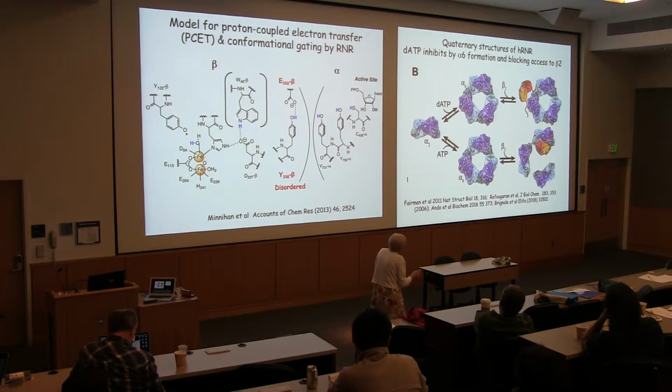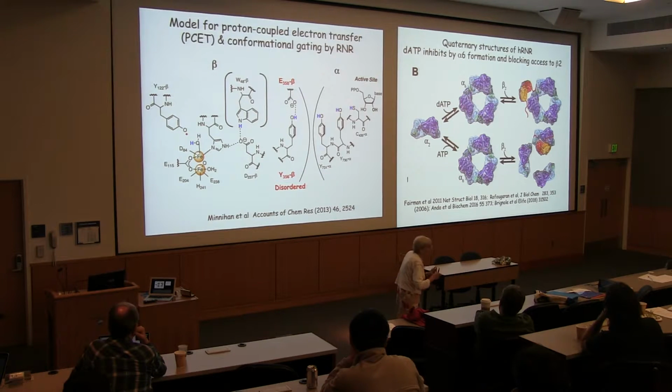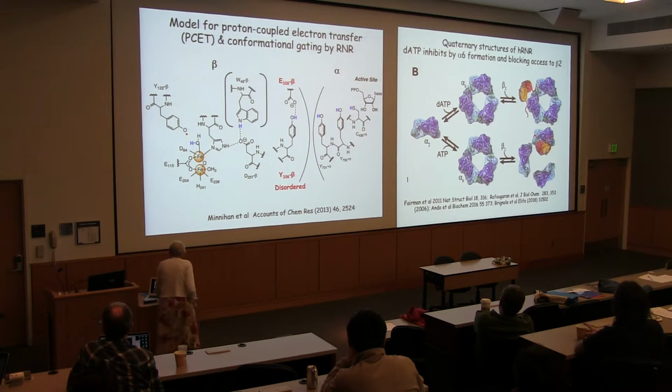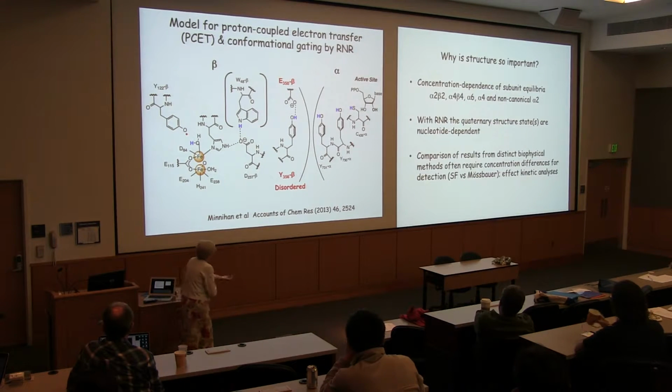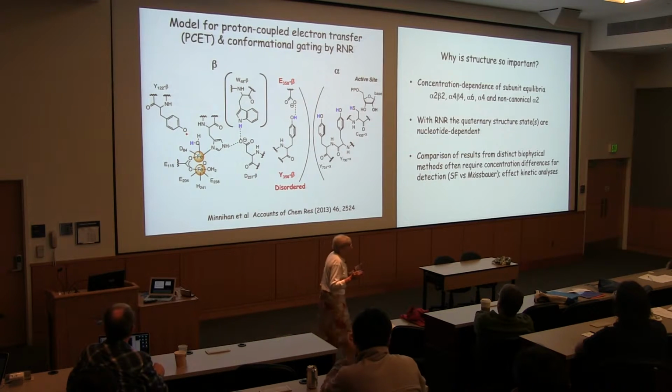And from other studies we've done, we believe that this is inhibited because this complex is tight enough that beta 2 cannot get in to form an alpha 2 beta 2 complex. So ATP also can make a hexamer, but it's the dynamics of the hexamer that's key to the way it functions. Okay, so let me just now say something and summarize, and why I think this is important to people